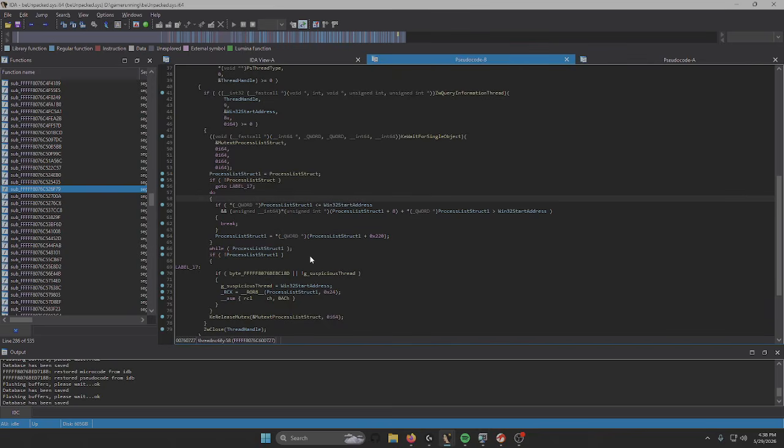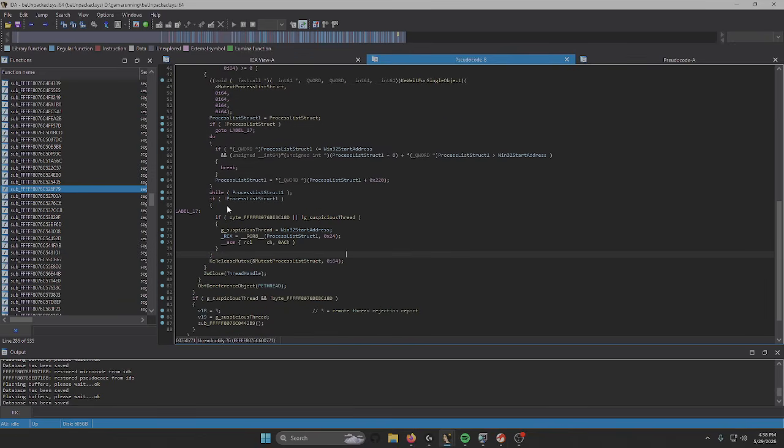So if the start address of the thread is not in Siege, it checks what process it's in. And then if the thread does not have a valid start address, meaning it does not fall in any actual module that's running on the system,